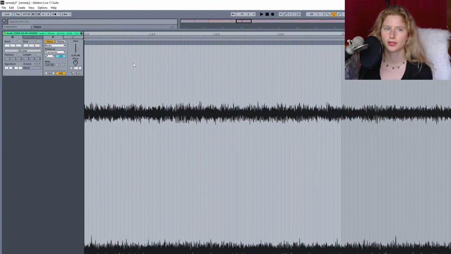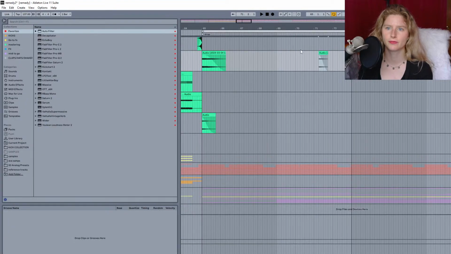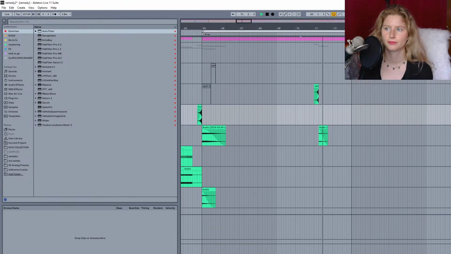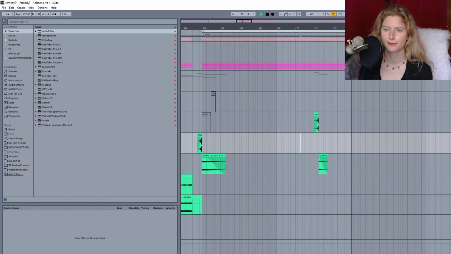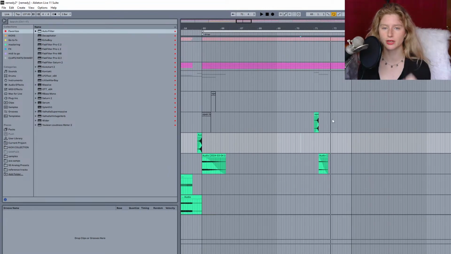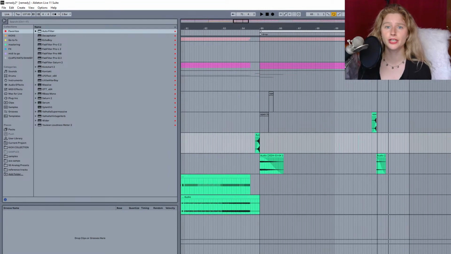More fun one. This probably does not need to be very loud, just very subtle. Again, it's called ear candy. It's supposed to be a little treat, nothing more.